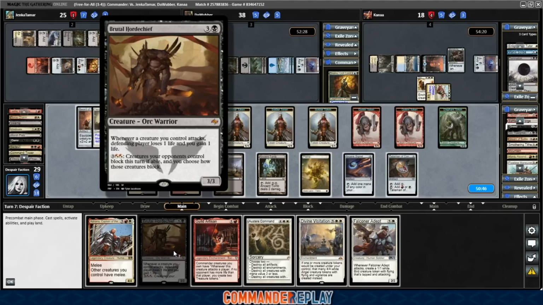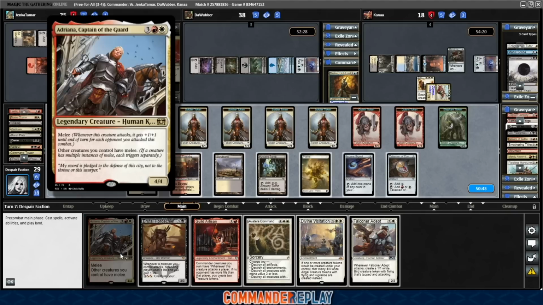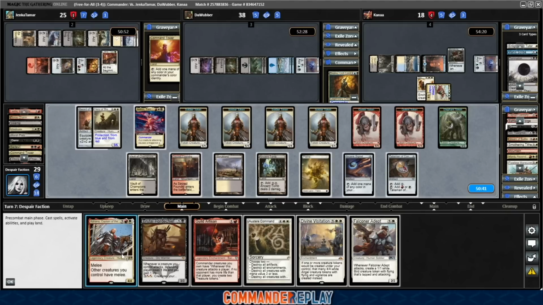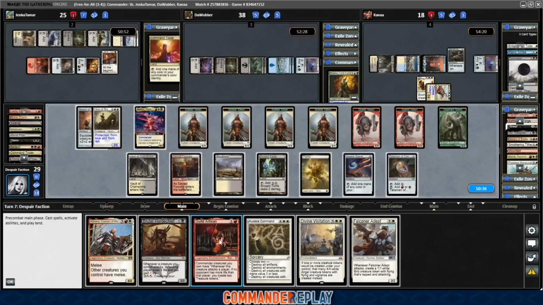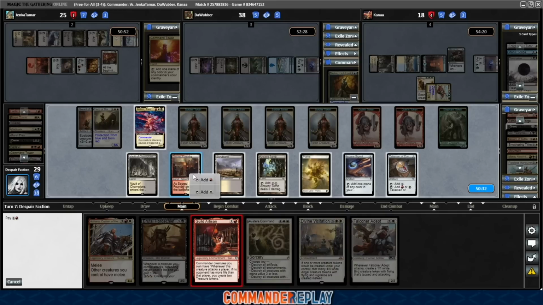I kind of want the Brutal Hordechief, just I never get to use the Brutal Hordechief. Adriana probably kills the table. Divine Visitation I never get to use either. Let's go this way. Maybe we don't want to... Let's not commit any more creatures, actually. Because if we don't kill everyone here, then we don't want to be overexposed to the board wipe. We'll Ancient Tomb in the Guild Artisan, which probably isn't the best idea, but...